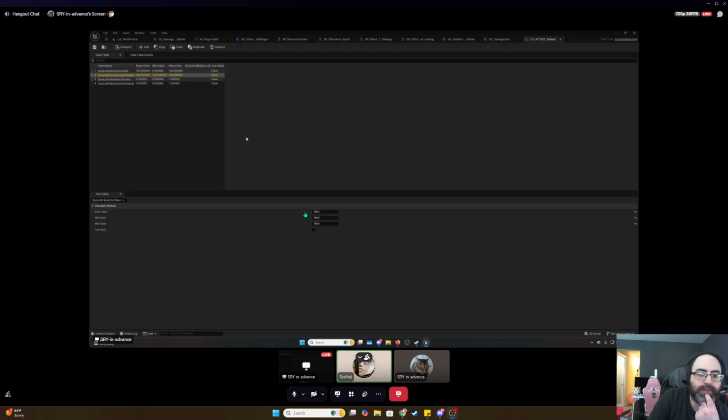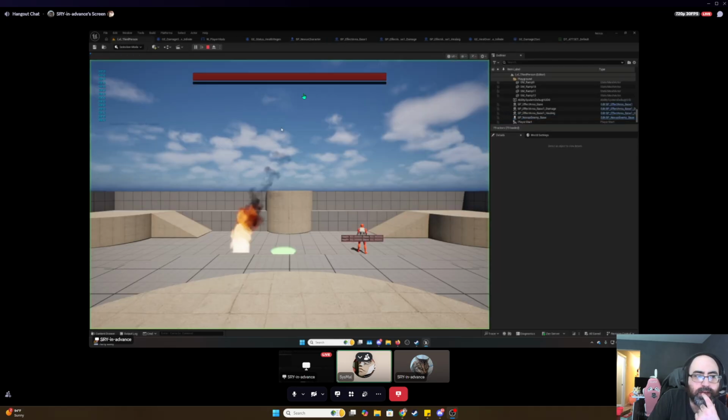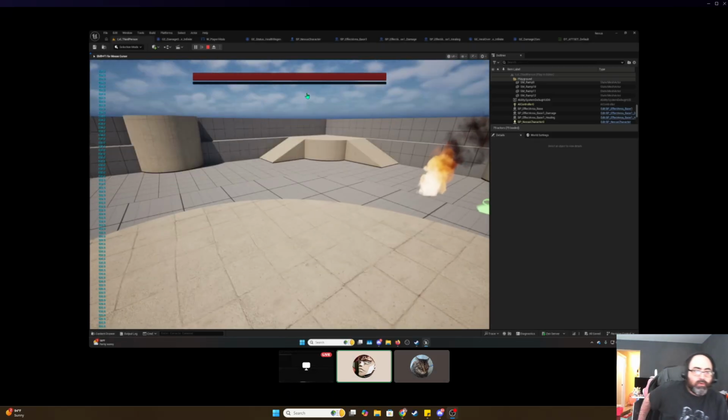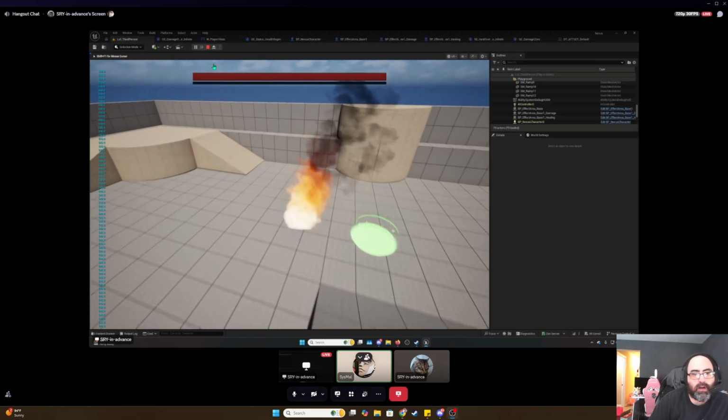And for base value on health, just put 500 for base value and 1,000 for max value, because it has to be in between it, otherwise it freaks out. Let's go ahead and hit save. And let's hit play. And let's see how much health they have. They got 500. We did it. So what you're going to do, go ahead and hit stop,